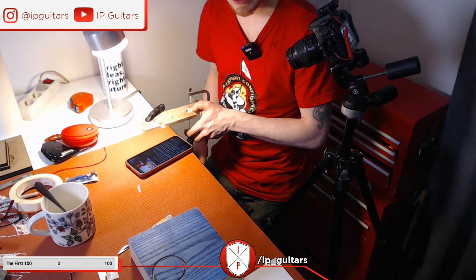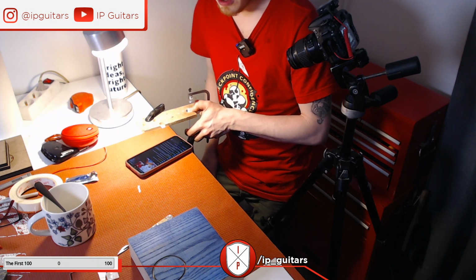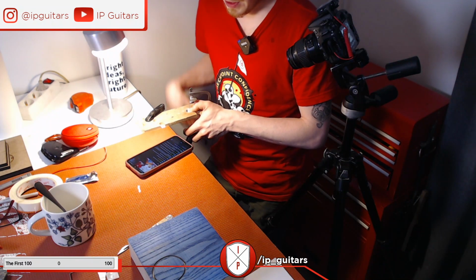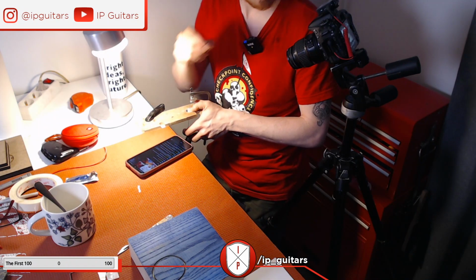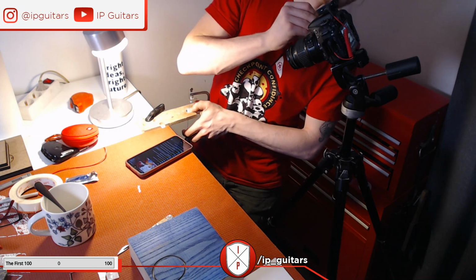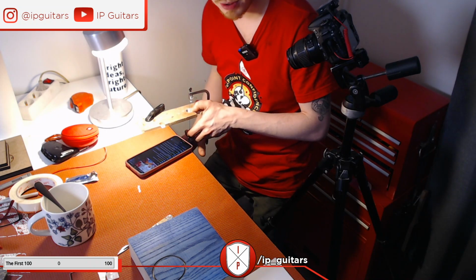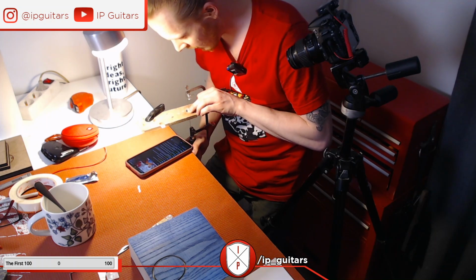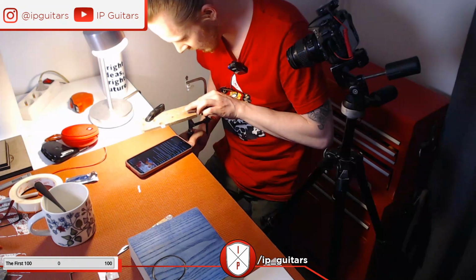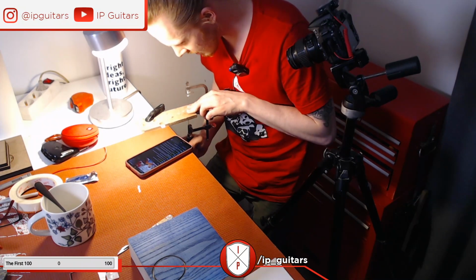I'm really glad that the router bit in question was rather small. If it was any bigger with a bigger diameter, it would have probably completely chewed up the guitar and I would have ruined the entire thing. Fortunately, it's still something that I can recover, but it's just freaking annoying